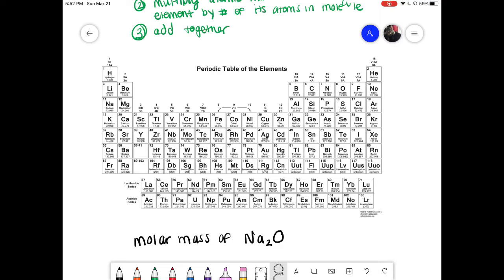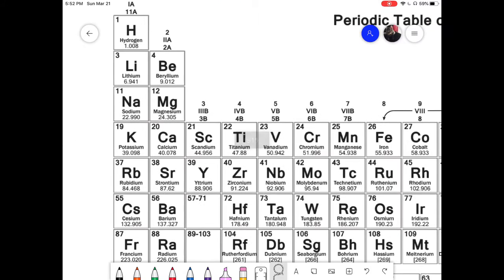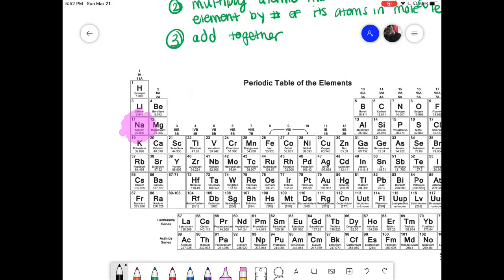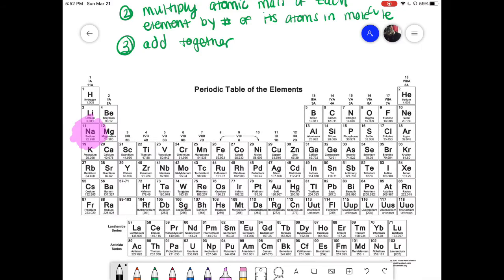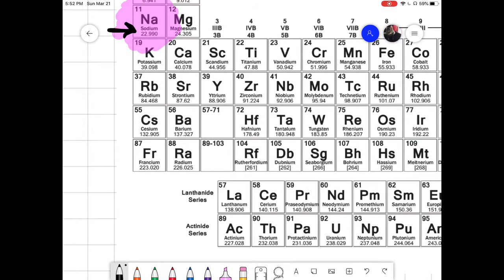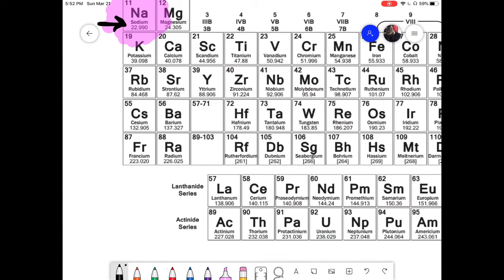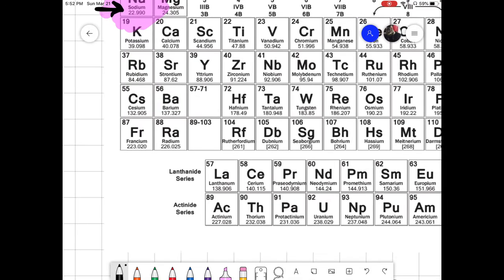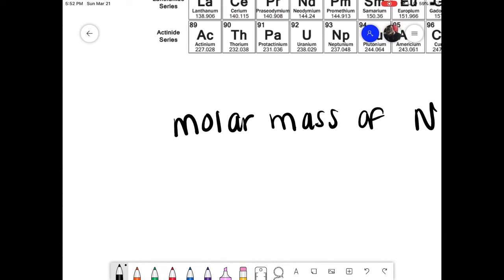So if we go to our periodic table and we find Na, it is right here. The number that is our atomic mass is our decimal number, this bottom number. So our atomic mass of Na is 22.99, and we're going to round to our second decimal place. Because there is a 0, we don't have to change it. So mass of Na equals 22.99